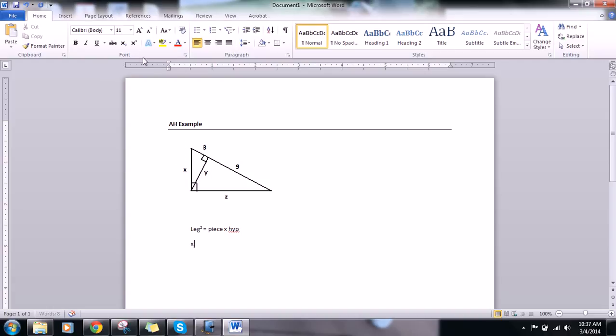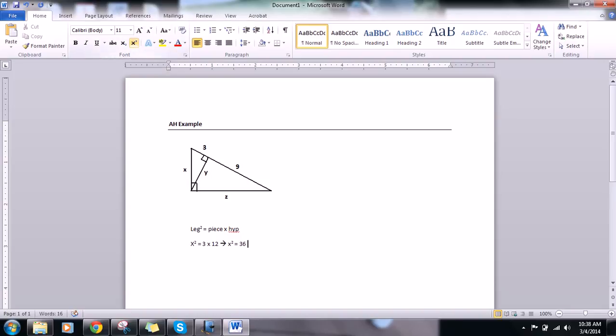So x squared, x being the leg, equals the piece of the hypotenuse that hits that leg, which is 3, times the whole hypotenuse. Now the whole hypotenuse is, that's right, 12. So that gives me x squared equals 36,